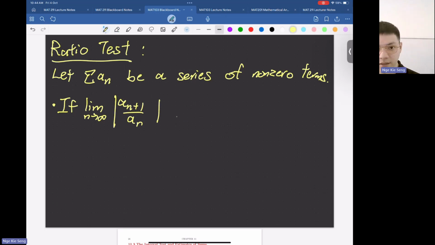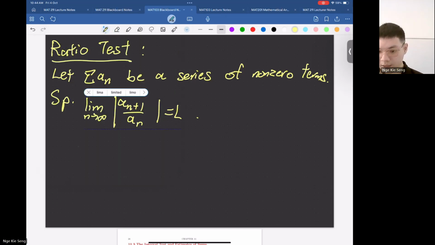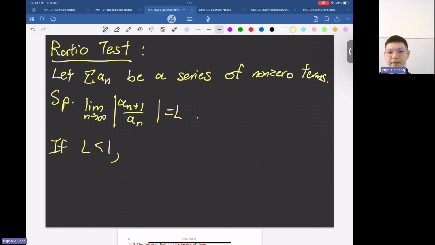I just summarize it like this. So suppose this thing is equal to L. If L is less than 1, then the series